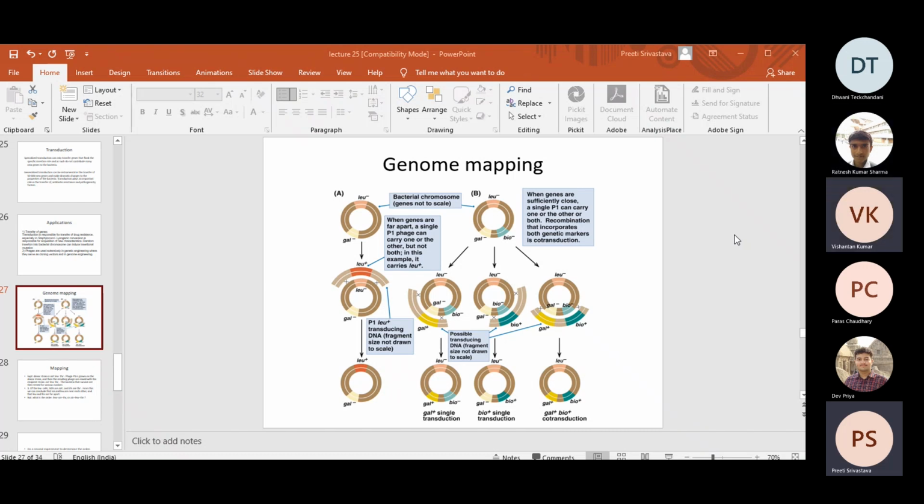Yes, ma'am. Okay, then maybe the mapping of the genome I'll discuss in tomorrow's class. You people have another class now? Yes, ma'am. Right, so we'll discuss the mapping of the genome, which will not take much time, and then Sanger sequencing and M13 based sequencing methods in tomorrow's class. Thereafter only three topics are left: DNA replication, regulation, transcription, regulation, translation, regulation. So we'll be able to cover them.